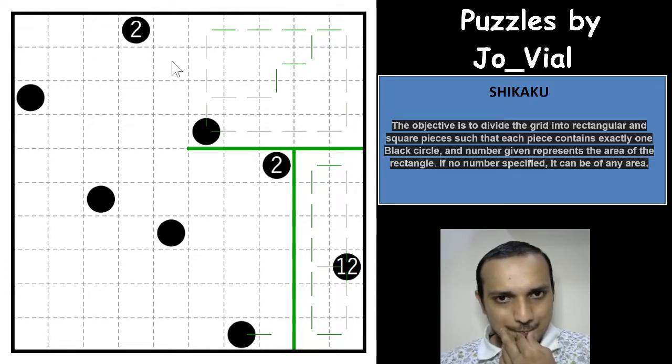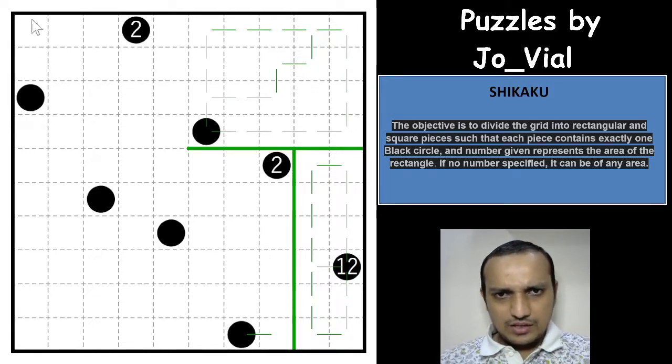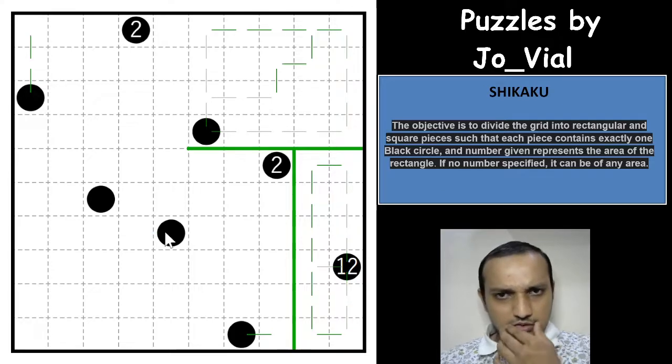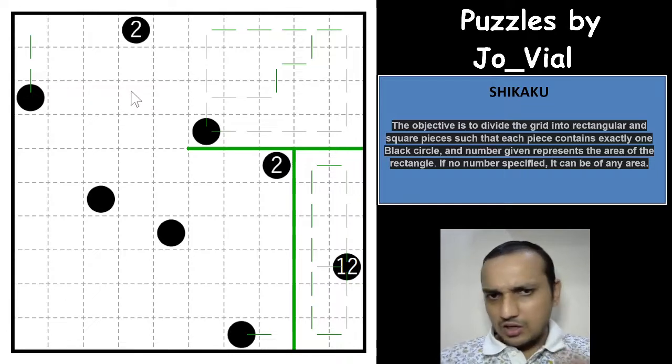Okay, this can be taken by only this, right? There is no other cell that can take, no other area that can take this cell. So this can be taken by this as well. Okay, so that is also possible. Now if you see this cell, it can be taken by this circle or this circle.